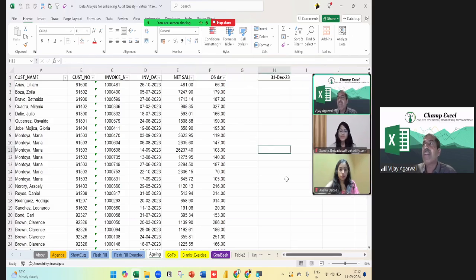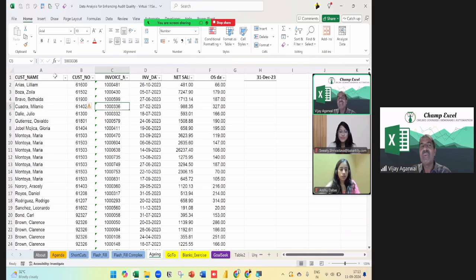Sometimes in my company audit I need to make some provisions also. If more than 365 days, how much provision do I need to take? Sometimes more than 180 days I need to mention in my reports also. Such things take hours and hours, and once my data changes, I again need to spend a lot of time. But if I use Excel in a smarter way, doing the aging is just a few seconds' job, not even a minute.